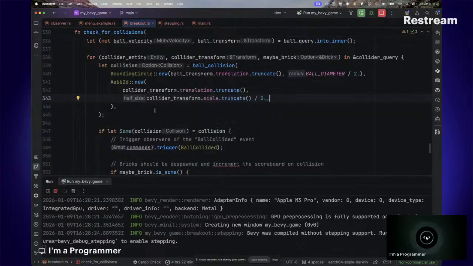The half size can also be looked at as the radius, but a radius is for a circle, and half size is just half of the rectangle, right? So it needs that so that it can draw the rectangle, or the bounding box, by just knowing the half size of what it's about to draw. Then it uses that, and we take the transform, we take the scale,